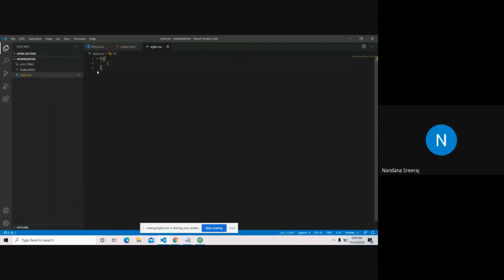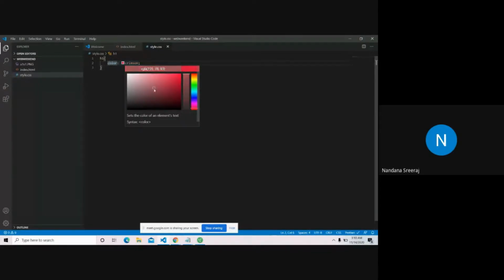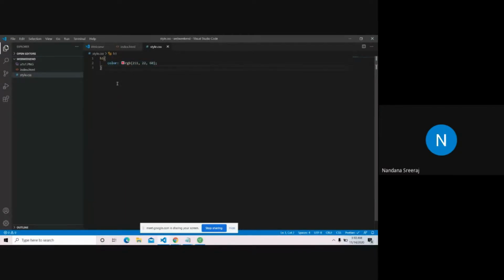And now we'll say that we have to have the background color. Well, no, the color of the h1, the color of the text. For that, we use the color attribute. The color has to be red, right? Either we can type in red or I'll just choose crimson. We can choose any color we want. I'll show you one thing. If you hover over this, you will get a color palette and you can choose any color that you want from here. This is a feature of VS Code.